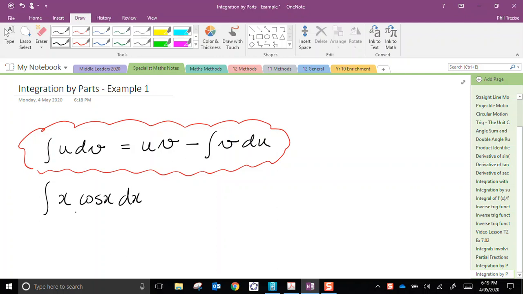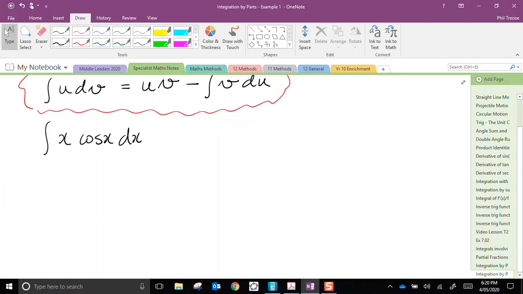So we have to decide which part of this expression will be represented by u and which part will be represented by dv. Now I think let's just try. We have an x, we have a cosine of x, and then we have a dx as well. Don't forget the dx is part of this. So I could split this up in many ways, but for instance let's just start off with